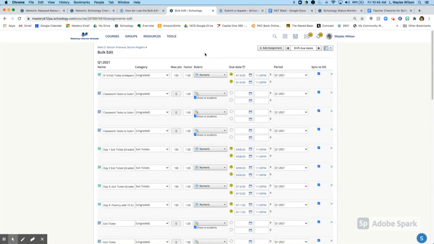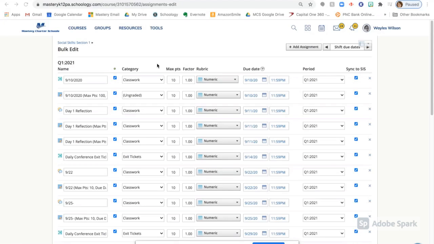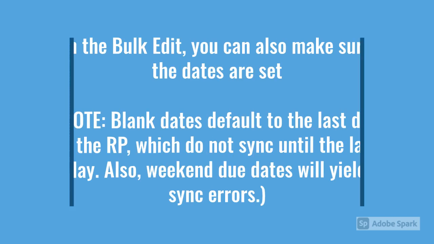There's a few things that you're going to want to check here. The grading category, if it's ungraded, it's not going to sync to the gradebook in eSchools. If it's blank, it's not going to sync. For the category to sync to Schoology, you'll need to convert any of the ungraded items to completion ungraded. You also